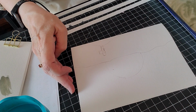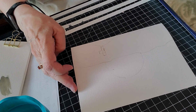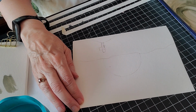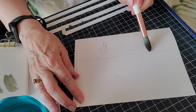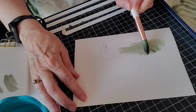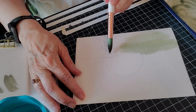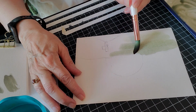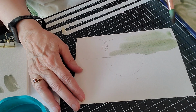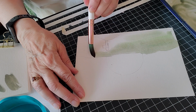So let's get one of our brushes, and we're going to put in the gray for our moon. I'm going to pick up this gray. We're going to drop this in all over the place. Let it meld with the water. And you can remember too that watercolor dries lighter than when you first put it on. Ooh, that almost looks green, doesn't it? It dries lighter,